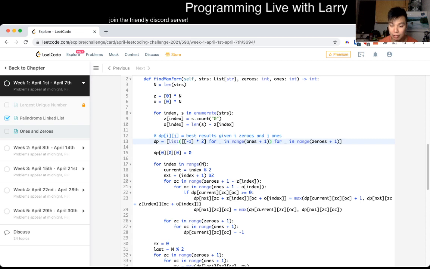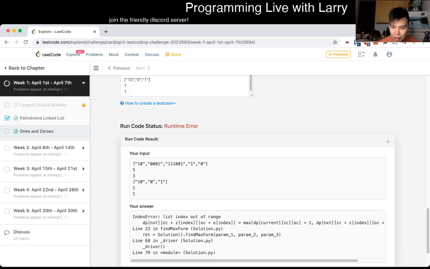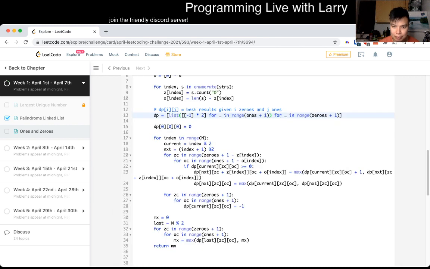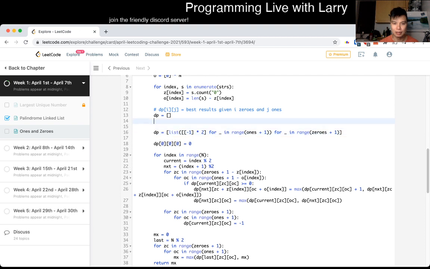I have to figure out how to do 3D in a good way. I could do it in the for loops as well, I guess. But oh, I did it the dimensions in the wrong way. It's so easy to get wrong. Because what I actually want is something like this. Because you have to do it out, inner, outwards, whatever. Okay, let's actually do this the dumb way, where you know for